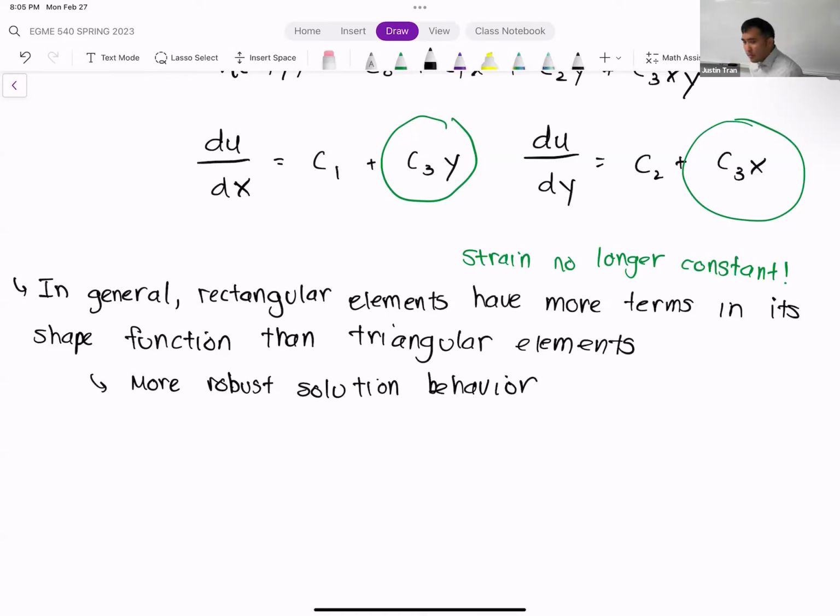And so generally that means it's going to be more accurate, and you're going to be able to capture more solution behavior, but it also helps guard you against issues that can occur, like shear locking. So that's another reason to choose a rectangular element over a triangular one: its shape function is just better filled, because it has more nodes or points.